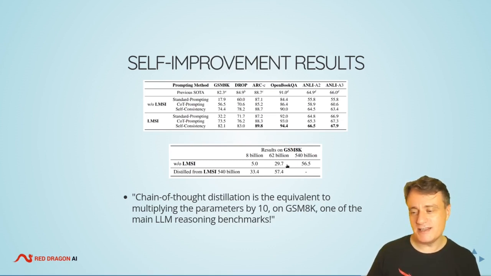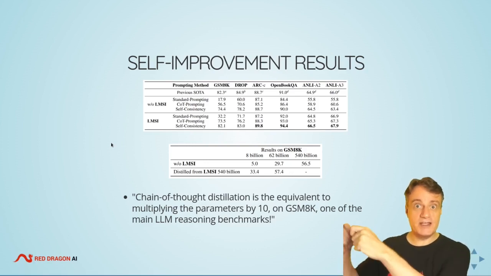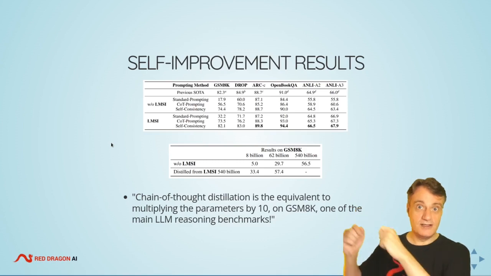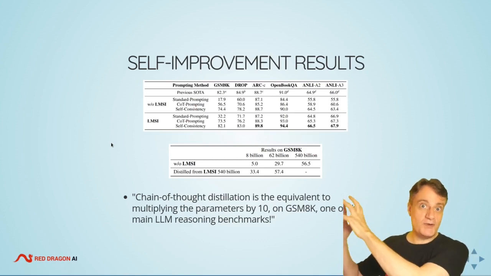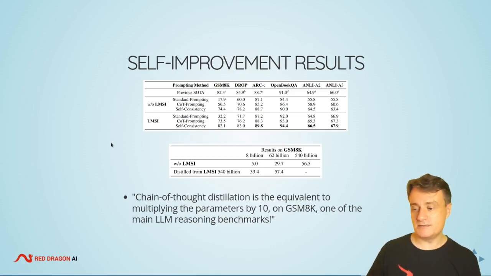basically, if we distill a huge model down into a smaller model, we can actually retain quite a lot of the performance. So in order to get this self-reinforcement thing working well, we need a huge model. But once we've got that working, we can now transport this into a smaller model and retain the benefits. So this is a very interesting direction to go.